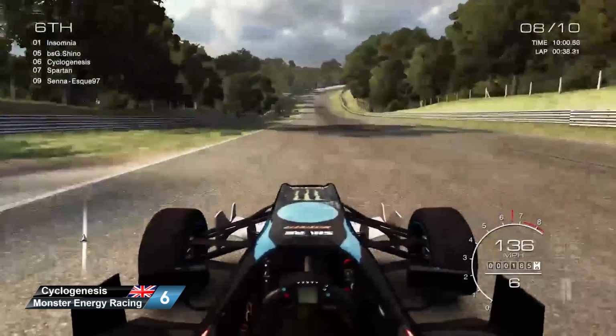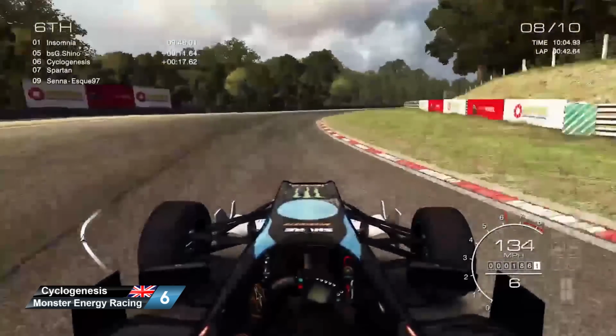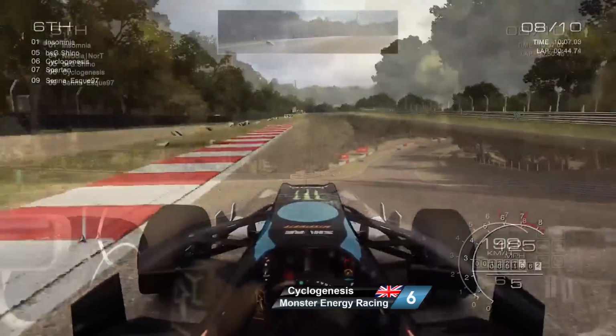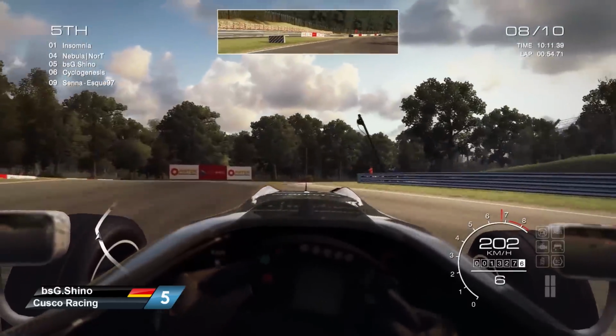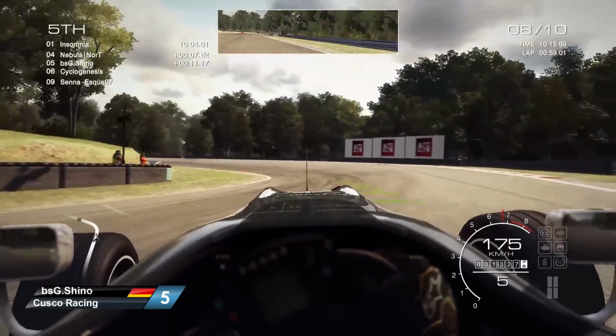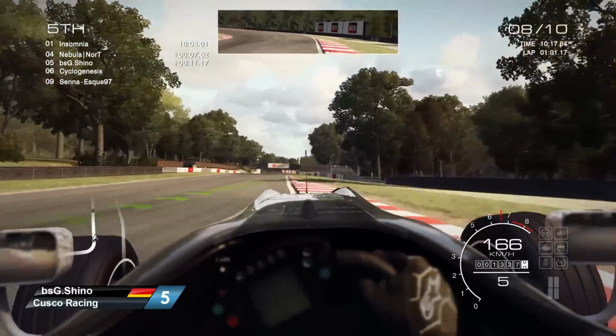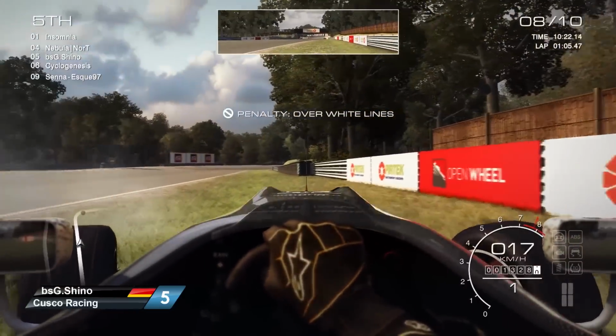I'm hoping that we can get a split time here very shortly. I do apologize. I did notice that the 12-second gap. Yeah, that's to the leader. So actually, it's about 6 seconds to the next car for Cyclogenesis. So if he can really put in some really fast times, he's going to have to be about 2 seconds a lap faster, though. And oh, that is a big issue for Shino there,